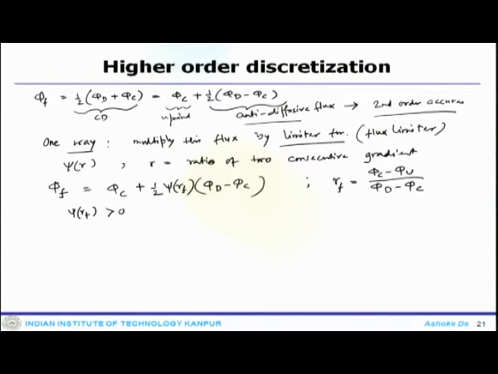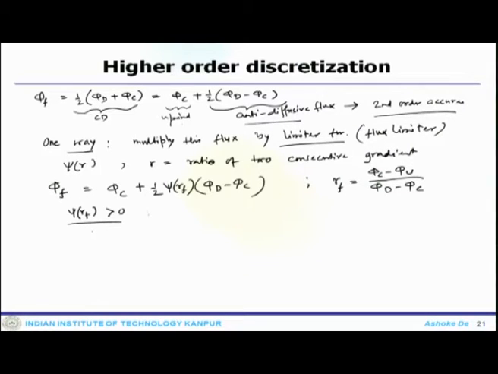So, now one can develop a TVD scheme, which reduces to finding limiters that will make the numerical scheme a TVD based scheme or monotonicity preserving scheme. So, the condition that these limiters have to satisfy in order to have a convection scheme that is monotonicity preserving is what we look at next.